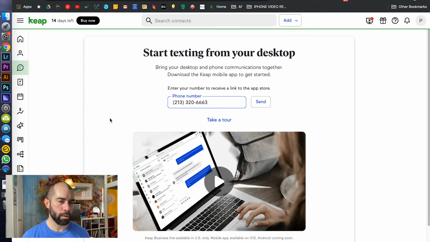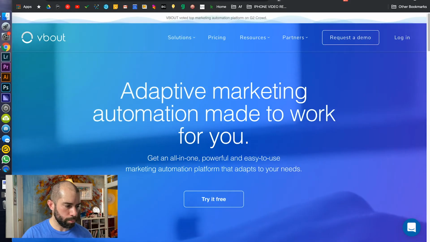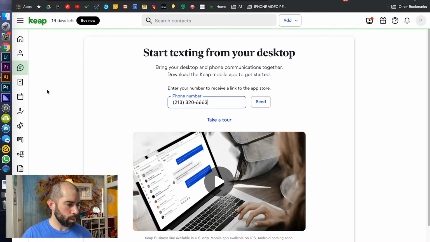So I haven't looked at a ton of more robust apps like Keap, but this one, Keap, you can do text messaging. And also you can create a business line for you, I believe through Google Voice. So I actually have to see if I can keep it after if I stop using Keap, because I am looking at another app, which I'll show you in a second, which I already had popped up, which is Vbout. But that's another cool thing about this one, you can integrate your phone number and text message people through the app itself, which is super nice.